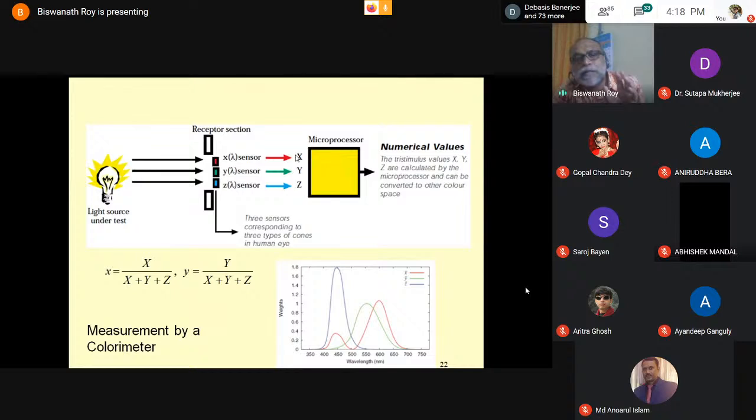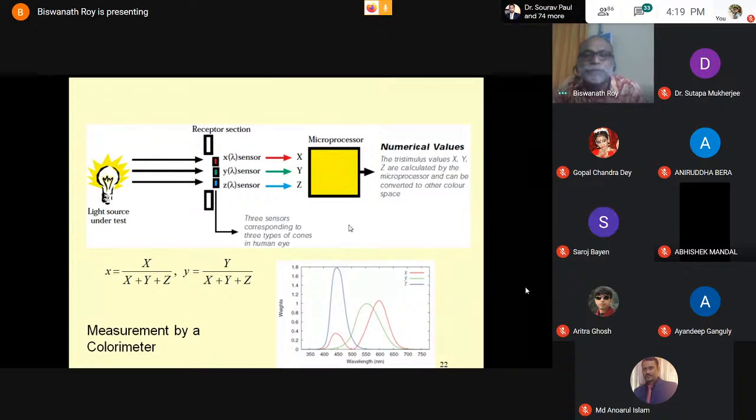After getting the values of XYZ, small x is capital X divided by X plus Y plus Z. So small x is the fractional composition of the red present in the radiation. Small y is the fractional composition of green present in the radiation. This XY is the chromaticity. So our objective is to find out the chromaticity, and from the chromaticity to find out the CCT that we need for the development of the